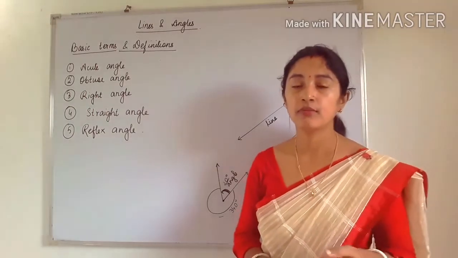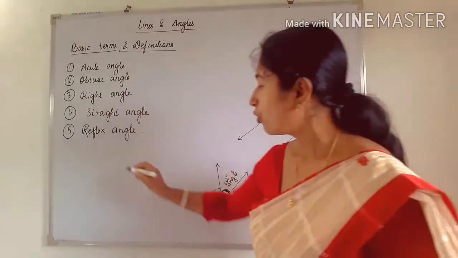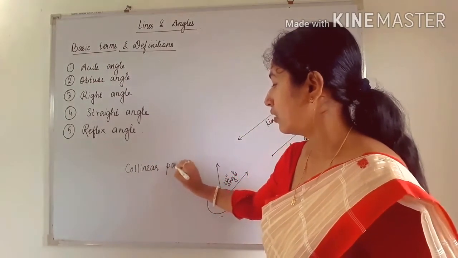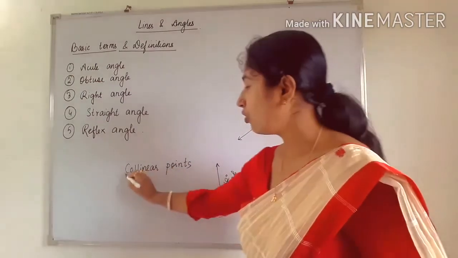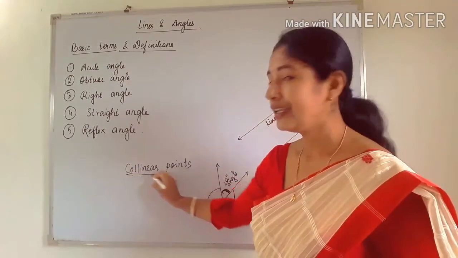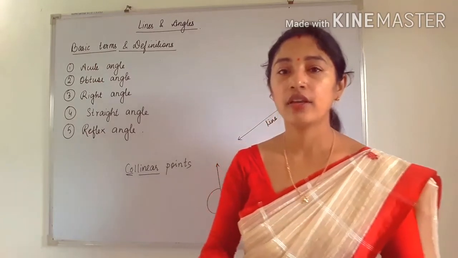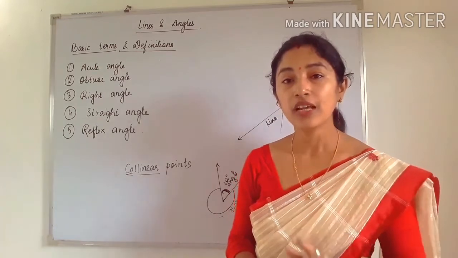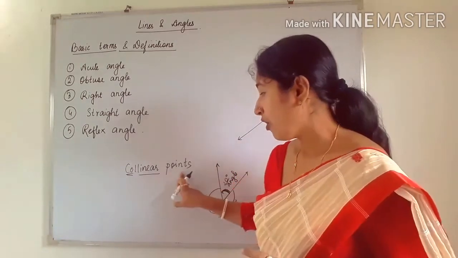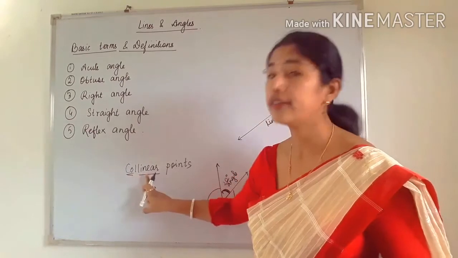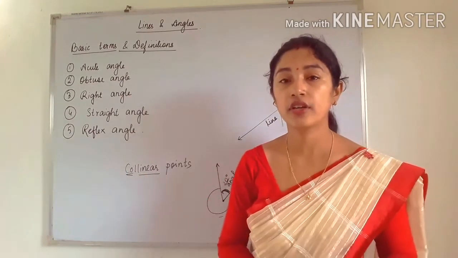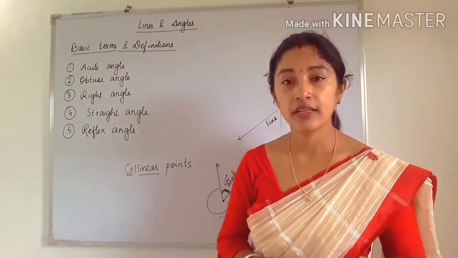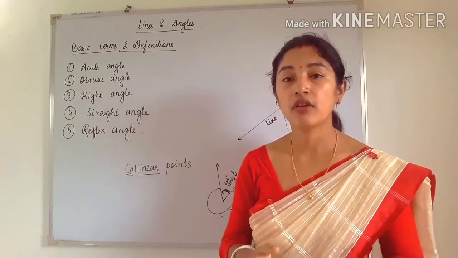And some more basic points like collinear points, non-collinear points. So what are collinear? See, you can easily understand what are collinear. Co means common, and linear means line. Okay, already we have studied. Linear means what? Line. Co means common, linear means line. The points which share the same line, or we can say if there are many points present in a line, then that many points are called what?